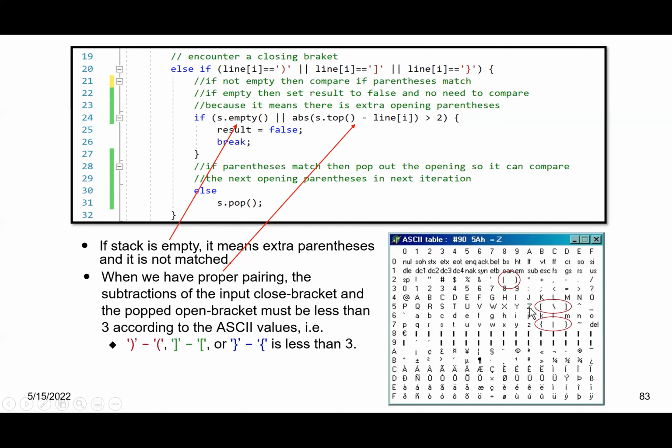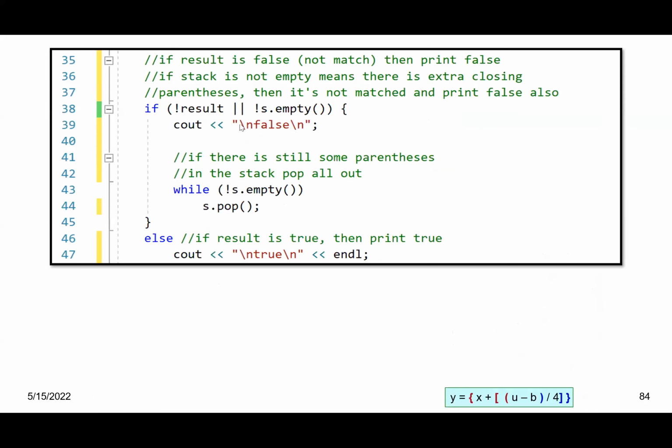Then after this, after you check, you're supposed to print the result at the end, either false or true. False here means something doesn't match in your expression, the bracket. True means everything matches. So here, under what circumstances do I print false? Okay, after I check this, right? If this is true,